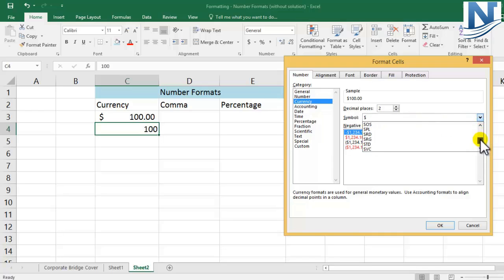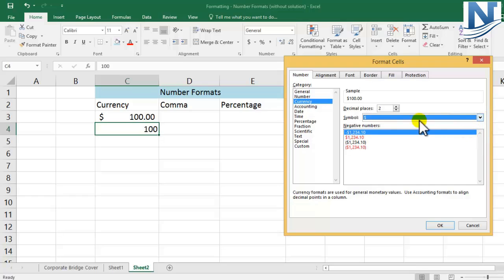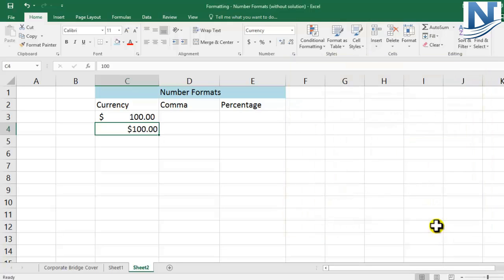Different currencies are available, if you want pound sterling, similarly all the currencies will be available over here. Let's not do that. We are selecting the dollar sign only. Now, like here, there are two decimal places. Similarly, 2 is selected over here, which will give us two decimal places. But just click on OK and see how the placing of the dollar sign is. Can you see the difference? Here the dollar sign is far off and here it's quite near. So we want the currency format, it looks good.